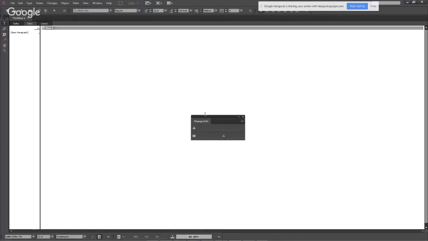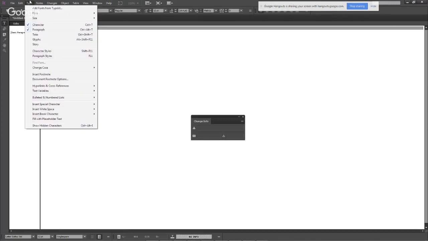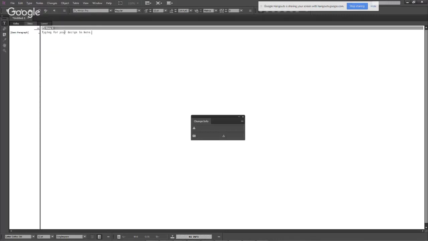InCopy is sort of, it's not quite analogous to Microsoft Word, but it is a word processor in that I can create, or rather someone else can create the copy in InCopy, typing for your design. I can type it, design in here. Make my changes with fonts and even track changes like you can in Microsoft Word. Accept changes, reject them. All of your basic font and text changes can be done within InCopy. And then in InDesign, create a space for that copy to live